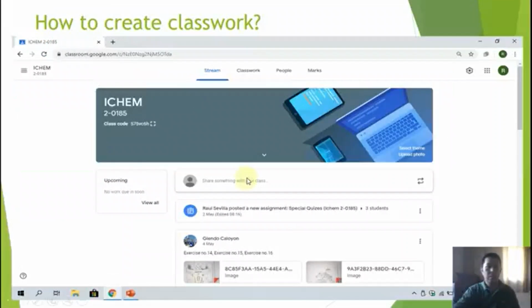So this one will come out, you see. So how to create classwork. Now the stream is highlighted. You have to transfer to classwork. You have to click this one.